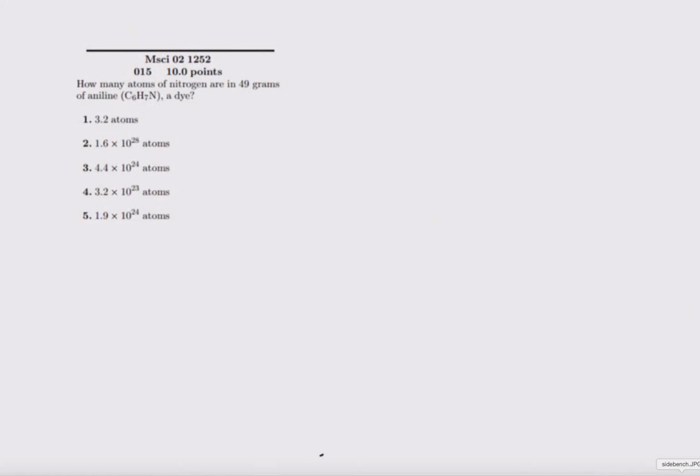How many atoms of nitrogen are there in 49 grams of aniline dye? Well, this one's similar to the one we had a few minutes ago with the aluminum nitrate, except conveniently in this case they're asking about nitrogen. There's only 1 nitrogen per molecule of aniline, so all we need to do is figure out how many moles of aniline we have and then multiply that by 6.02 times 10 to the 23rd. So we have 49 grams of aniline,